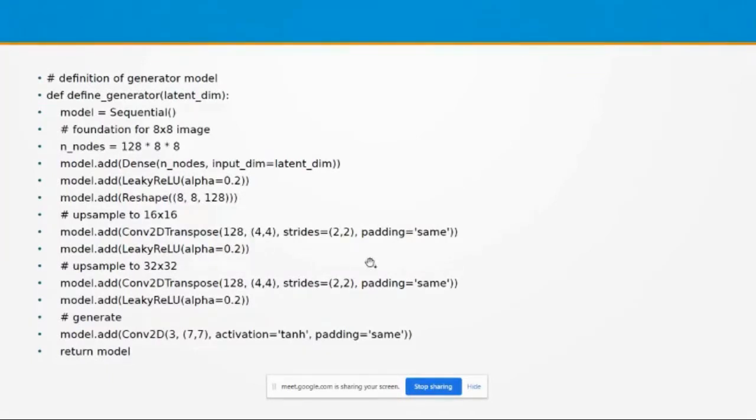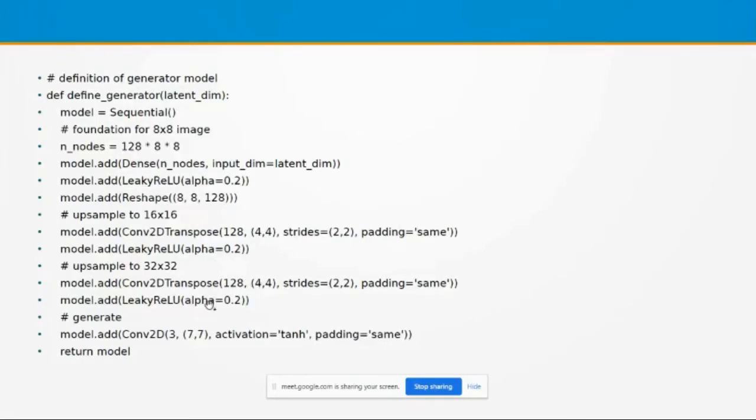As a result of executing this particular statement together with this activation function, we come up with 128 images of size 16 by 16. Next, our target is to create an image of size 32 by 32. For that, one more convolution transpose is to be applied: model.add Conv2DTranspose 128, 4 by 4.